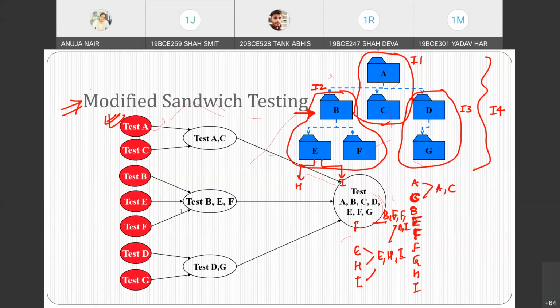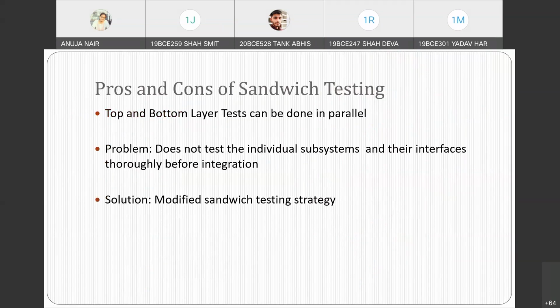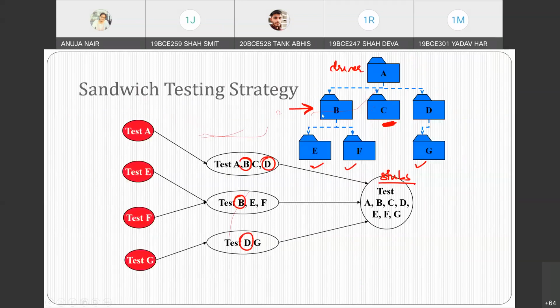Okay. In sandwich testing, how do we decide which are the initial test cases? So in sandwich testing, you need to see the middle layer. What is the middle layer that you have to see? Or actually, it would be given to you, because there will be multiple layers, so you will not come to know which layer to decide. So it would be given which is your middle layer in terms of sandwich testing, the one that you want to test.